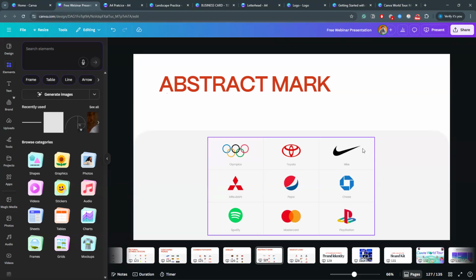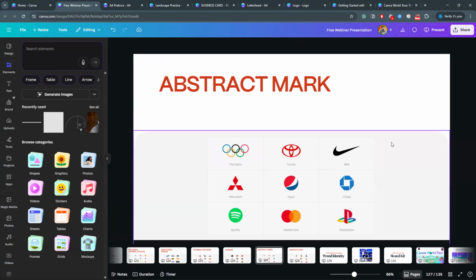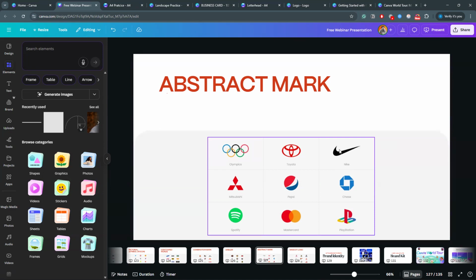It can be used as a tiny bit, or as a big screen or big billboard. A good logo should be simple and memorable.